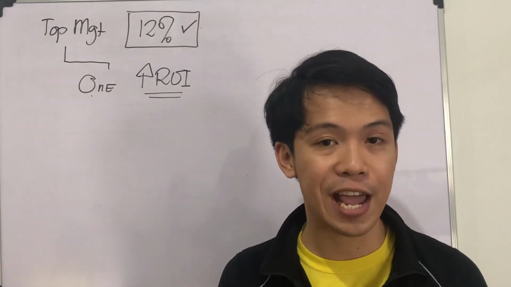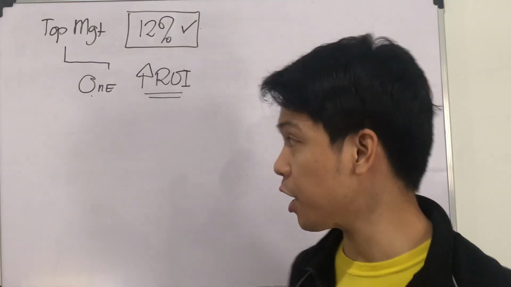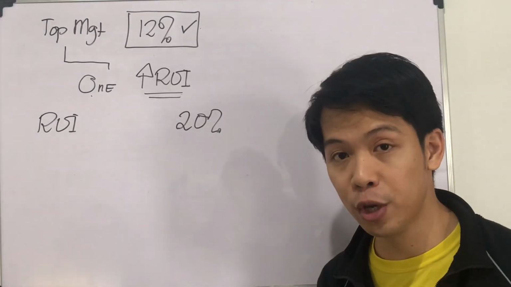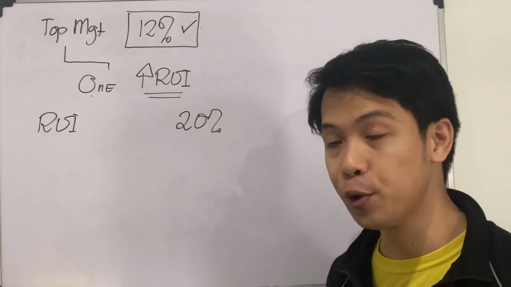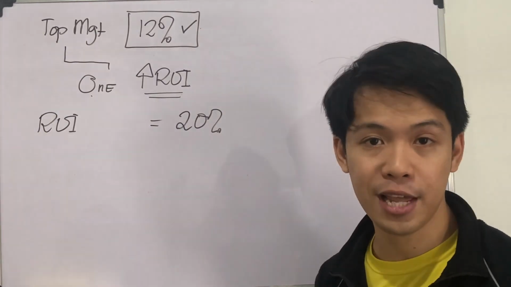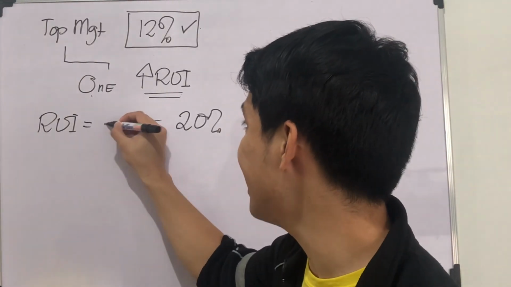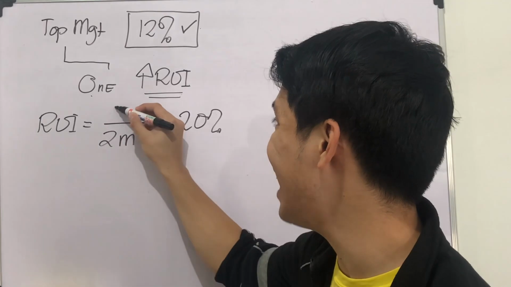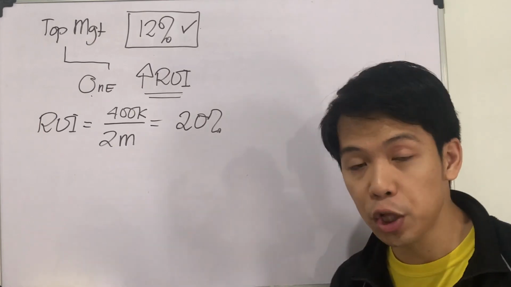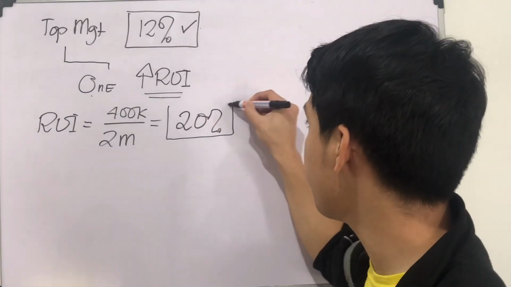Let us look at the ROI before taking the project and after taking the project. Before taking the project, you're going to have an ROI of 20%. We're going to assume that if you do nothing else, you're going to have 20%. Working back on the given, we can extrapolate that our income must be 400K. Why? The investment is 2 million and hence our net income must be 400,000. If you're not going to do anything new, just do it the same way, you're going to have an ROI of 20%.